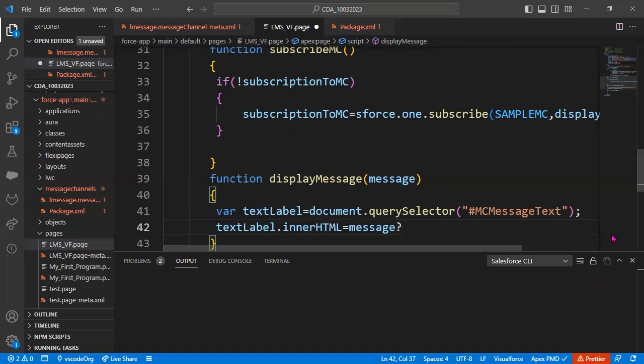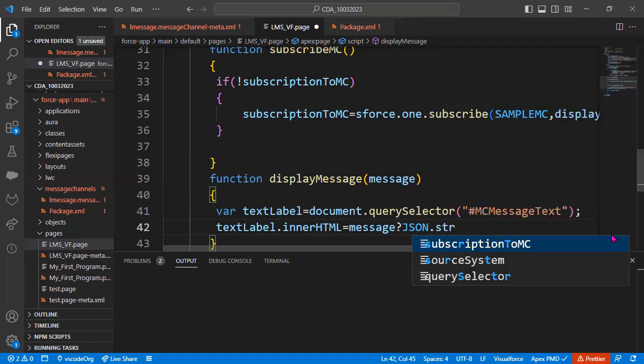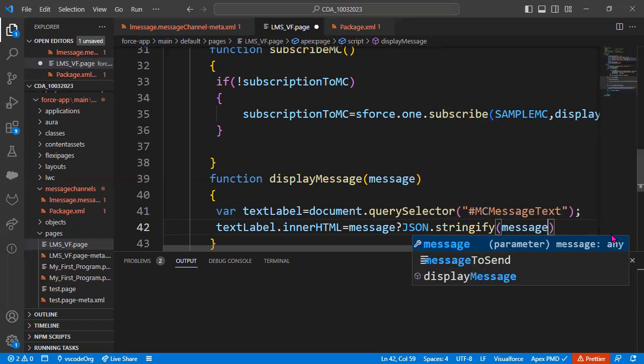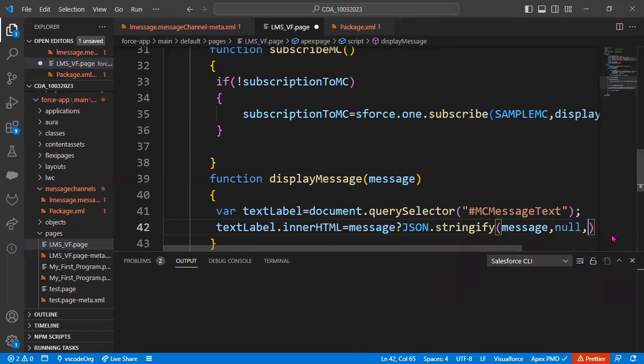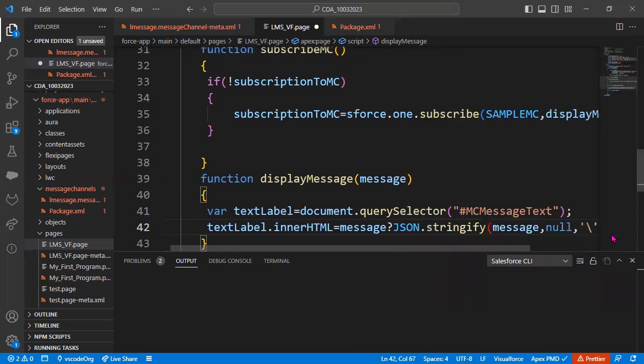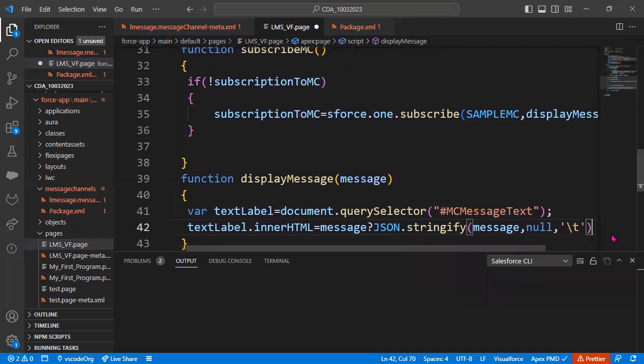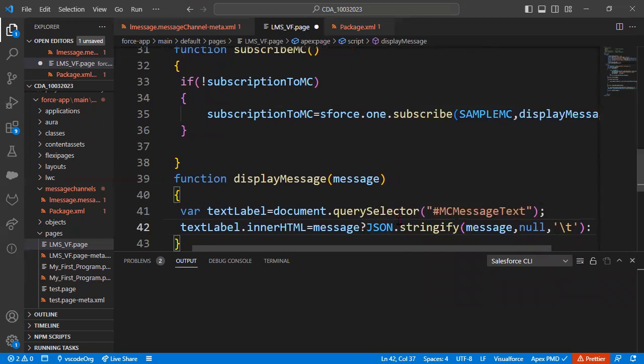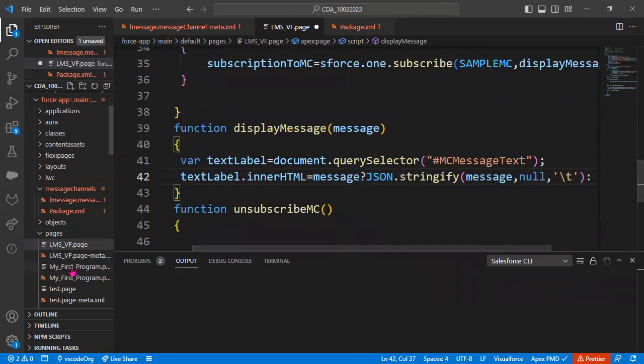If I'm receiving the message, convert that message using JSON.stringify. Take that message and add null, and let's add one tab here if there is no message data. The question mark here is kind of an if else. So instead of writing in 2 lines,